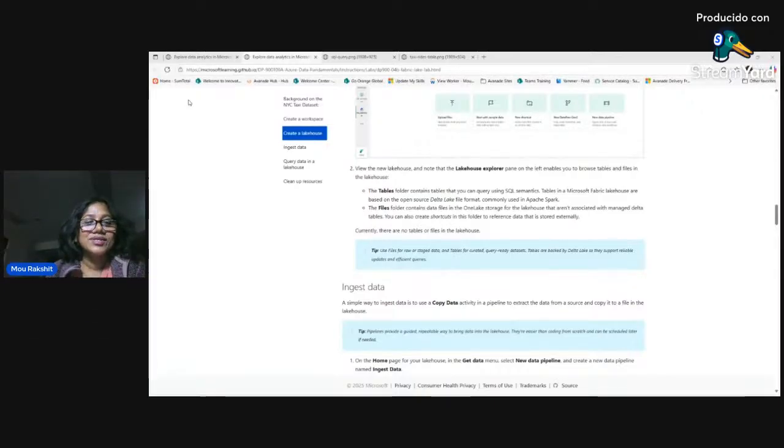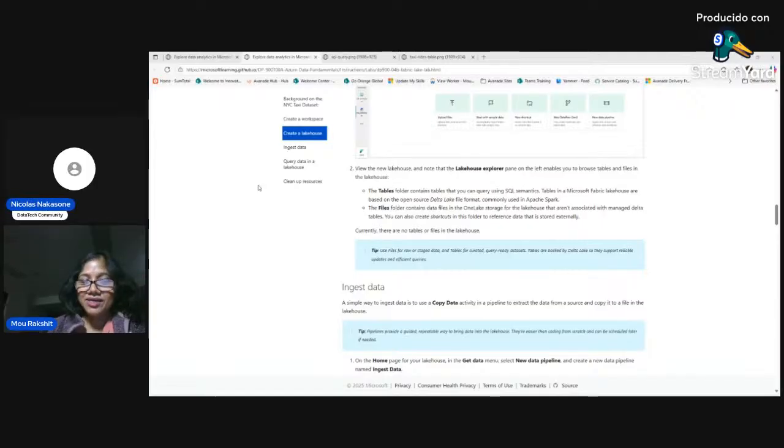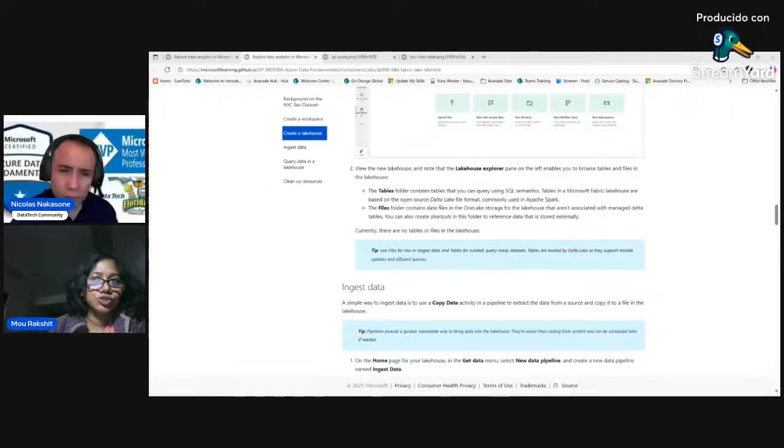Okay. So these are just very brief sample questions to get you prepared for the exam. The question is, which term is used to describe an analytic solution that combines a data lake and a relational data warehouse functionality? There are three choices: data lakehouse, data pipeline, cloud. The answer is already showing you data pipeline. So basically you build a data pipeline to bring the data into your lakehouse, which you just saw how to build in the lab. Right?